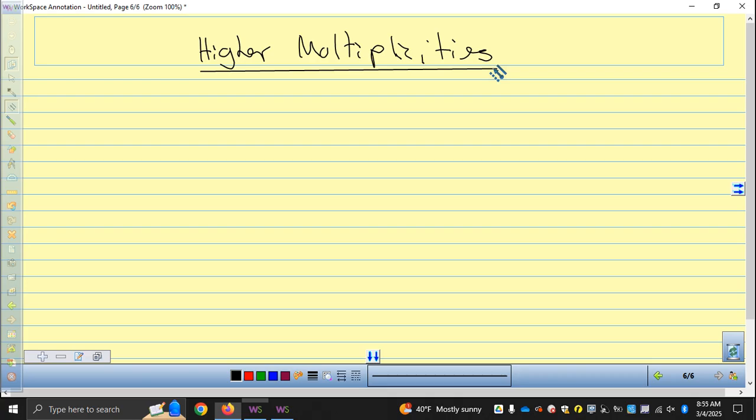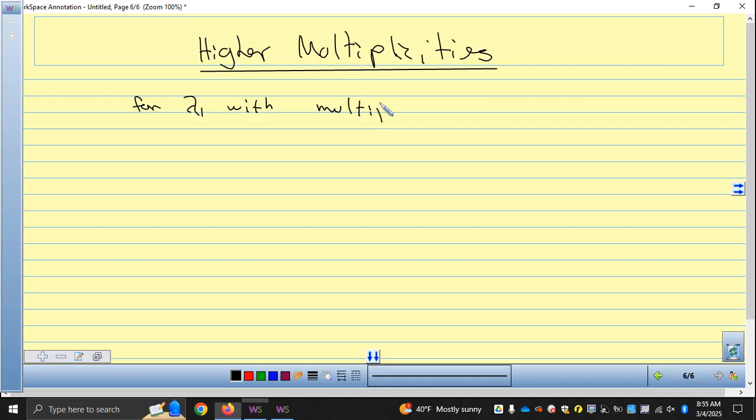We just repeat the procedure again. So for example, with an eigenvalue of multiplicity 3, and we have one eigenvector,